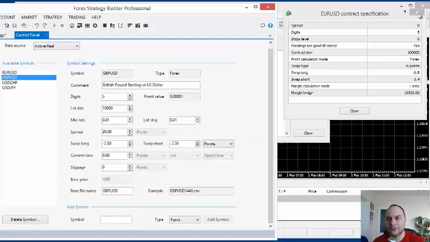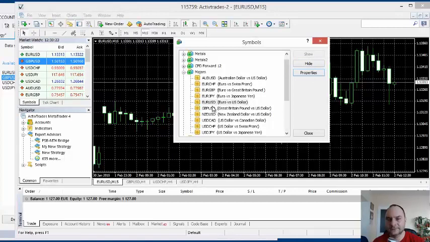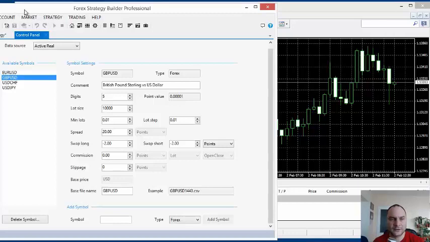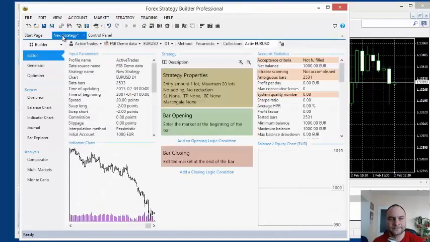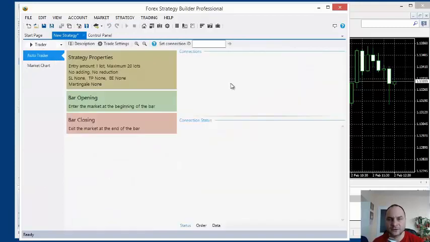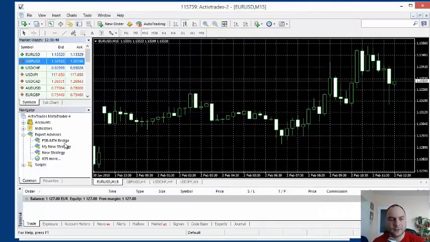So we can make the same for other symbols, but I'll show you a faster way how to do that. I will use the trader mode in Forex Strategy Builder. We are not going to trade, but I will use that connection to import data. So how that works? We have many tutorials and videos on how the trader works. First, we have a bridge here. I'll start that bridge in these 4 charts.